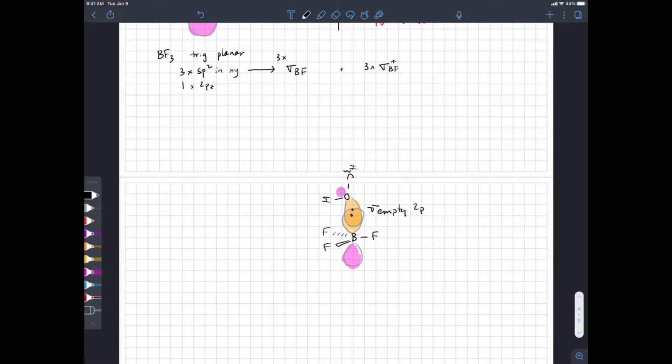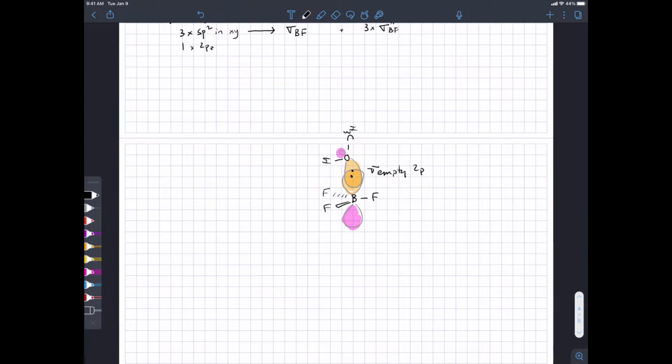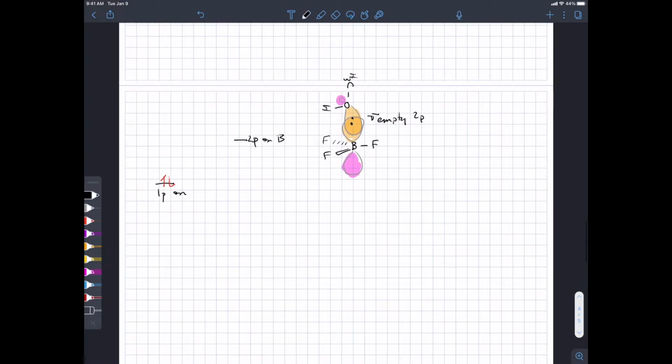In so doing, what is the interaction we're going to have? We're going to have the lone pair on oxygen that had 2 electrons in it interacting with the empty p orbital on boron. As we've done before, you mix these two together, and you get the plus combination, lone pair plus 2p, and then the minus combination, lone pair minus 2p. By lone pair, we mean bonding orbital, I suppose we could call it,